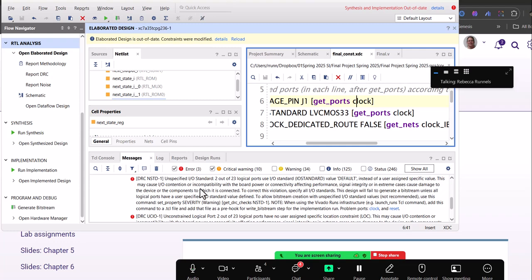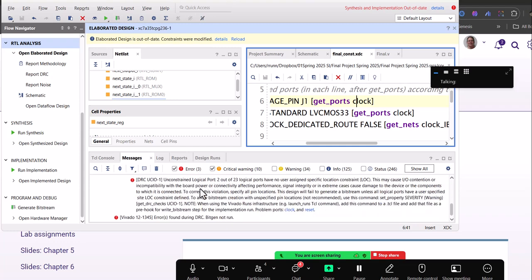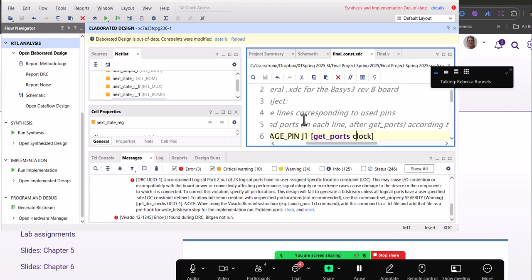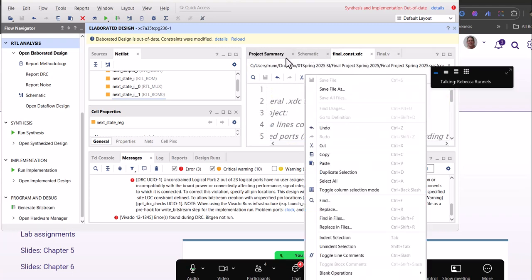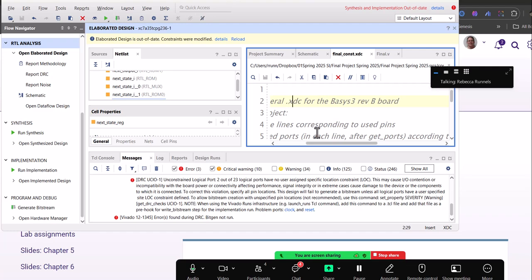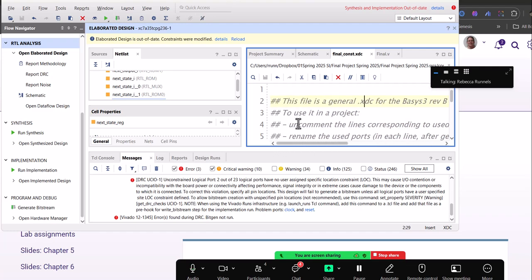2 out of 23 logical points. Shouldn't be 2. Clock and reset. I didn't set a reset. So I need to have a switch be for my reset. So I need to put that in as well. So I will do